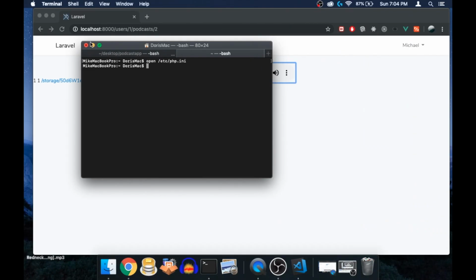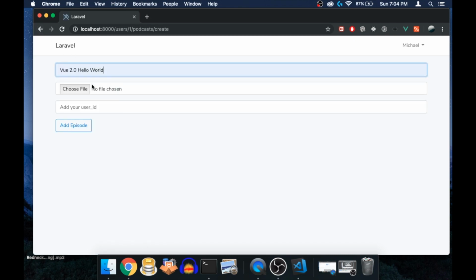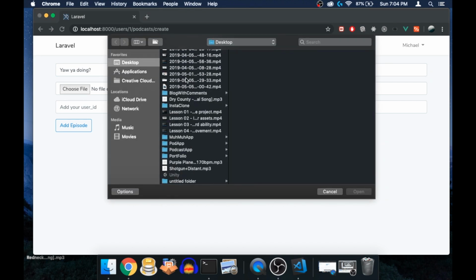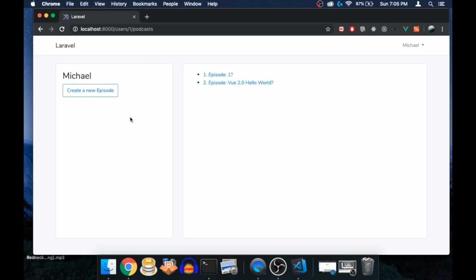So with that, just in case you are wondering, I can restart the server again. And now I can go back and click here on create new episode, and I would call this something like how you're doing again. And I got here some country songs, so I will add the country song, and there you go. And of course we need to change this dynamic as well. So let's click here and add episode, and as you have seen, this took a little bit longer,